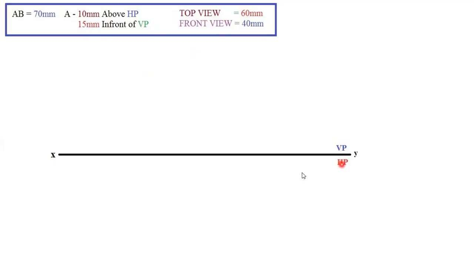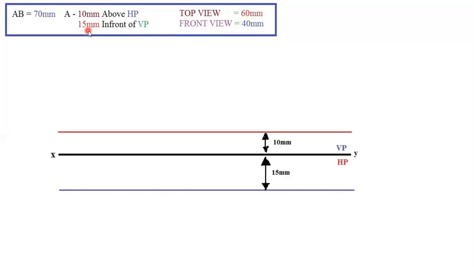The next step is we can use this data. By using this, we can draw the two loci. That is, point A dash is 10 mm above HP. So above HP means it will be above the reference line. So take 10 mm and draw a straight line like this. And 15 mm in front of VP means below the reference line, take 15 mm and draw a straight line. The distance I have just mentioned, there is no need to dimension now. At the end of the diagram, we can dimension. For understanding purposes, I have just dimensioned it for you.